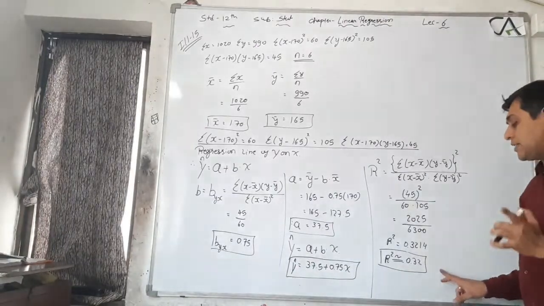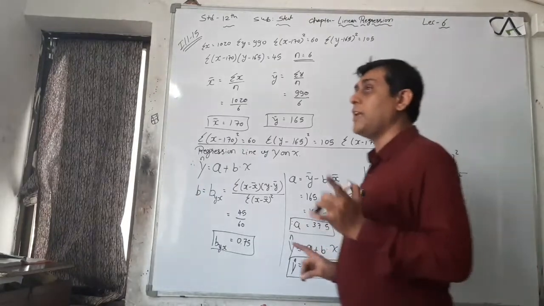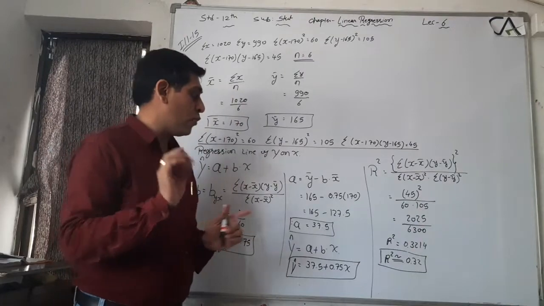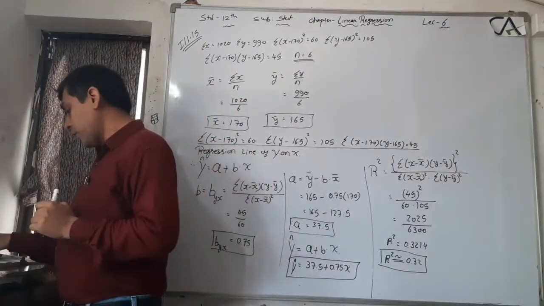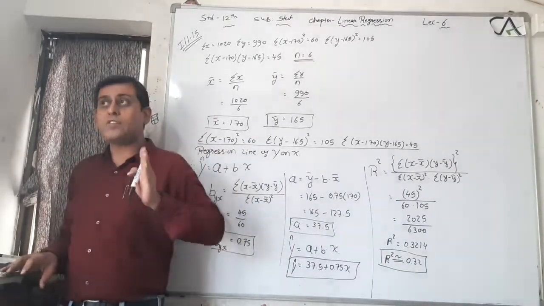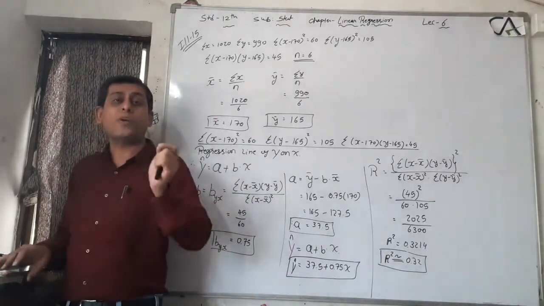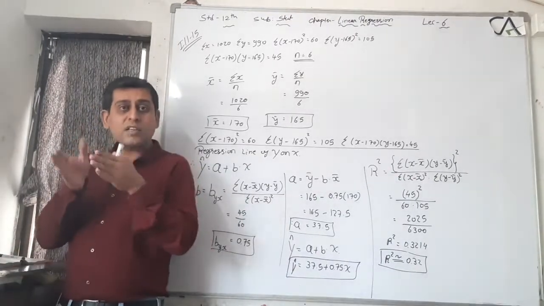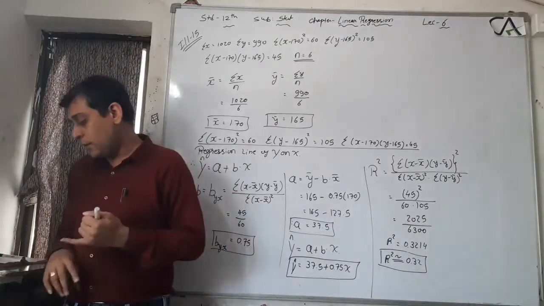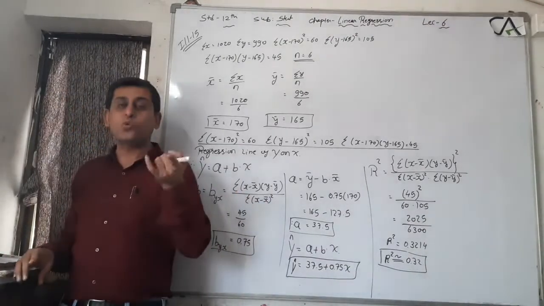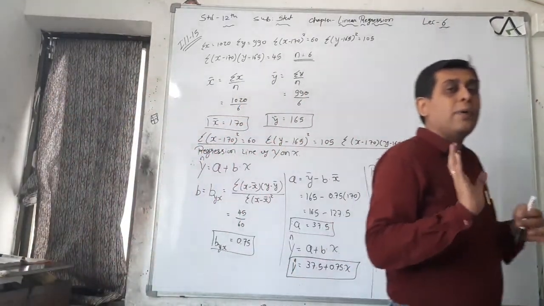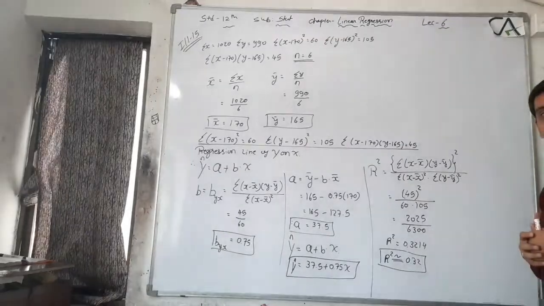If the answer is less than 0.50, the R square, that is regression model reliability, is not reliable. So you have to write the answer like this: since the value of R square is nearest to 0. If the answer is more than 0.50, you have to write nearest to 1. If the answer is less than 0.50, you have to write nearest to 0. So write down the answer: since the value of R square is nearest to 0, it cannot be said that the regression model is reliable. Okay, write down this.